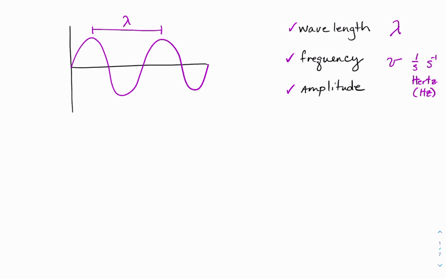Amplitude is the value of how high a particular wavelength goes beyond the x-axis. And so that tells you essentially the intensity, or the amplitude, if you will, of a particular wavelength